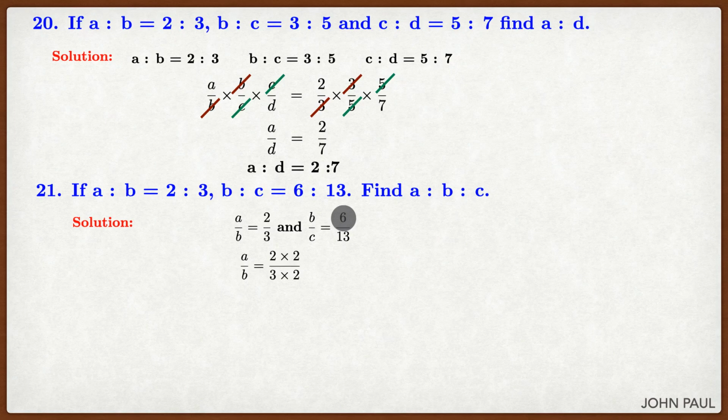So we have to multiply the 3 with some number so that we will get it as 6. A by B equal to 2 by 3 into 2 by 2. So we will multiply and divide by 2. The reason is B is 6 in this, continuation of B by C is 6. Here 3 is there. So if you multiply by 2, we will get 6. For that reason, we will multiply and divide by 2. We get 4 by 6. Therefore, A is to B is to C equal to 4 is to 6 is to 13.